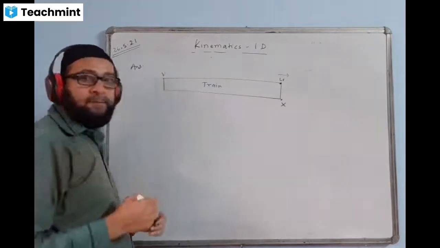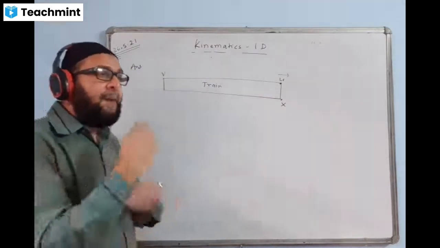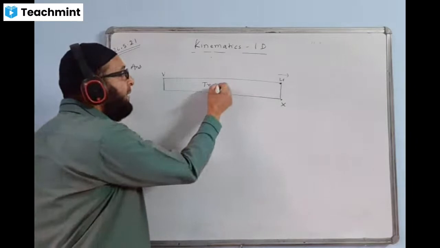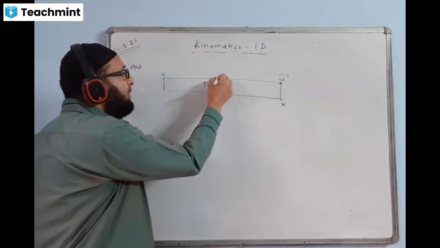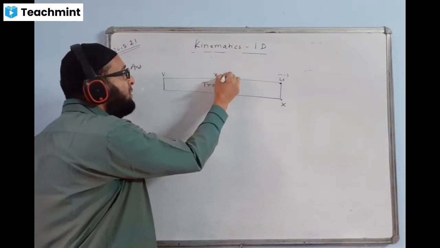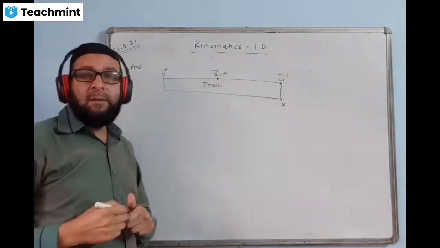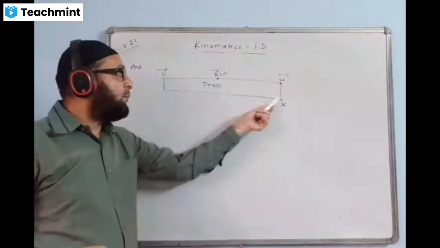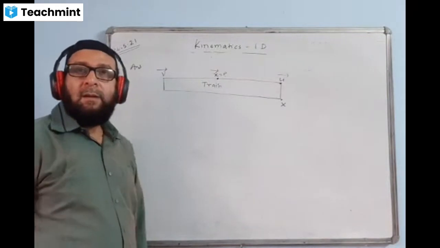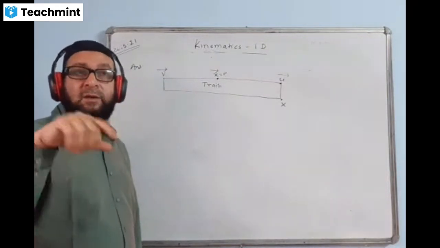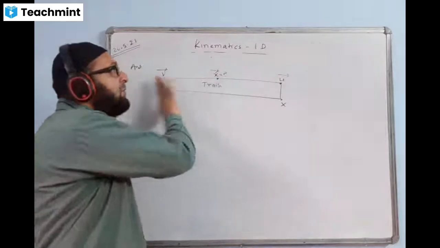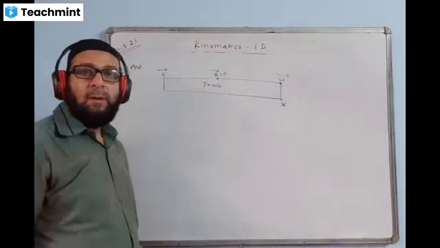becomes v. Then you have to find the speed with which the middle point of the train crosses. This velocity is unknown, x. What is the velocity while the middle point of the train is crossing the same point x? And in this question, the clue given is constant acceleration. The acceleration of the train is the same, constant throughout.